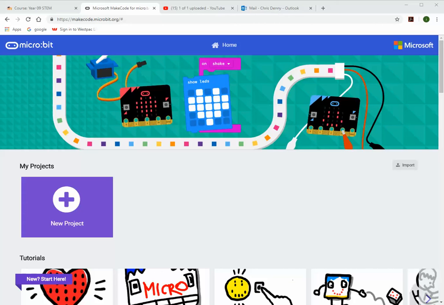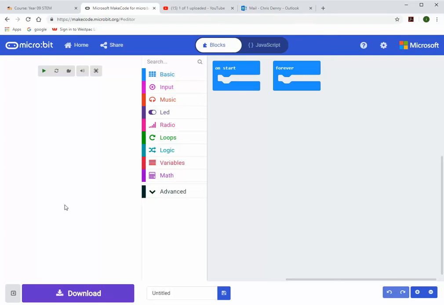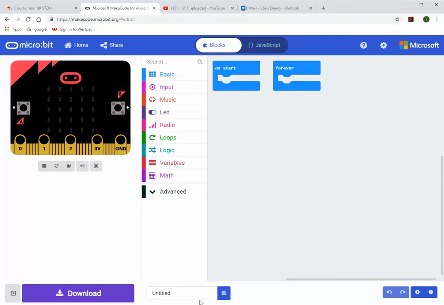In this tutorial we'll look at how to put strings, or groups of letters, to make words and have them scroll across the microbit LED screen. So again, we're starting with a new project. Click that. We are going to send the message hello world onto the front of our microbit. So just put the name of our project,